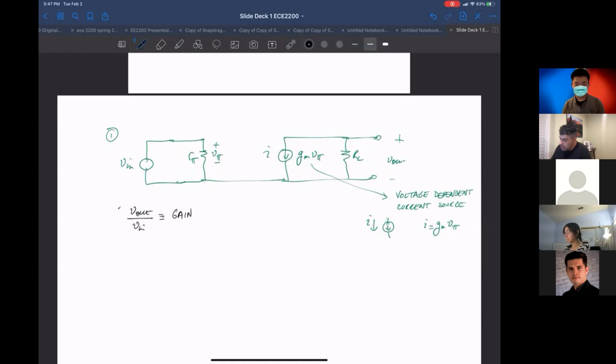So the first thing you do is you could go either way, but the first thing I did was to do Kirchhoff's voltage law around this node. Let me take another step back, which is that Kirchhoff's voltage law says that if you have a bunch of voltage sources,